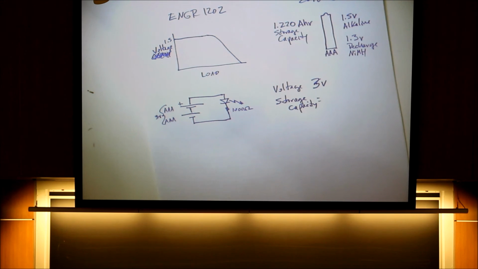Oh, so what you're doing is, even though you have two batteries, you could either double the voltage or double the storage capacity. If I put those batteries side by side to make them parallel, my voltage drop would be what across that? 1.5. And then what would be my storage capacity? It would be 2.44